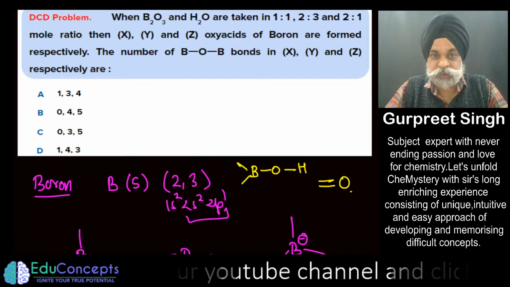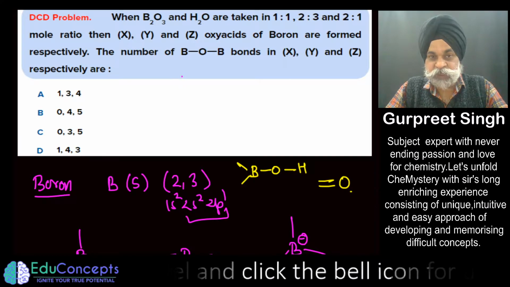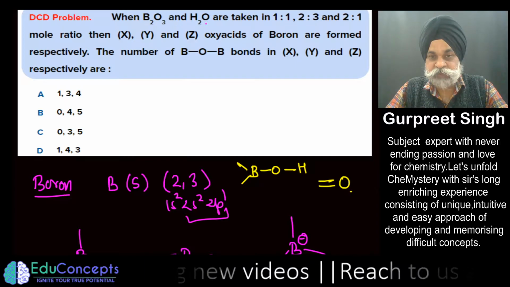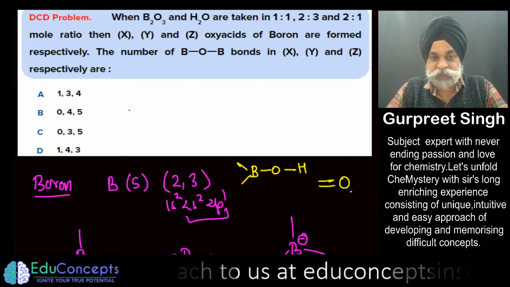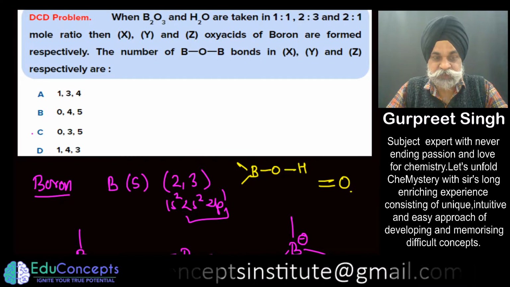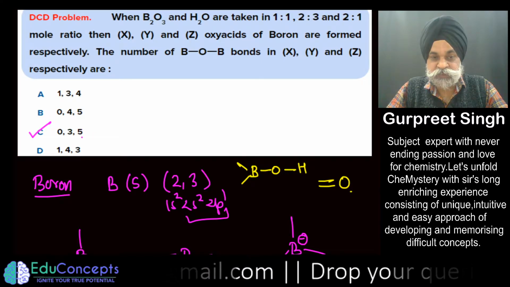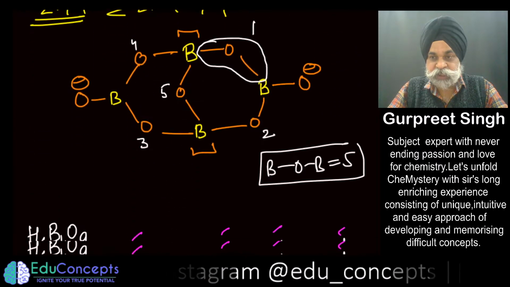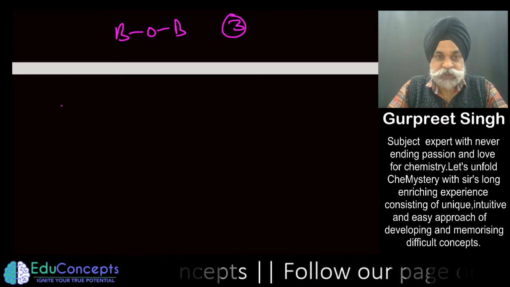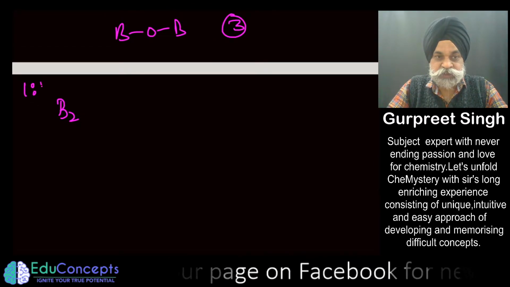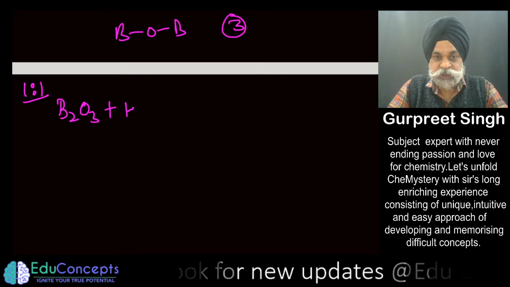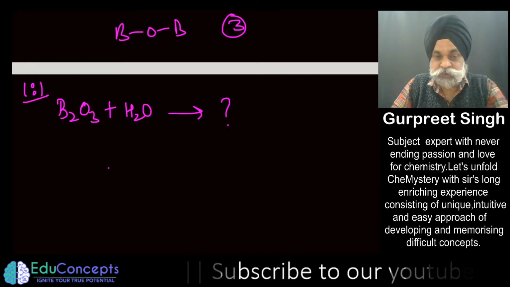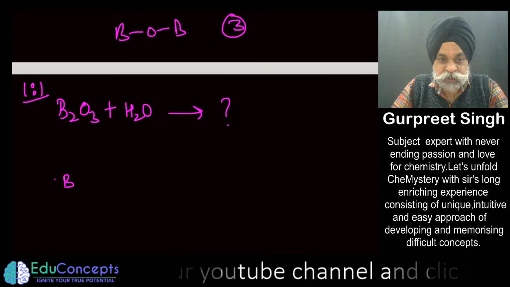So this was the question which was discussed in the last video, for which I shall now be passing you the mechanistic viewpoint of B2O3 when put into water. In the last video, we found the answer to this question, which came out to be this. Now the mechanistic viewpoint: if B2O3 and water are in a 1 to 1 ratio, how do you get to know the product of this reaction through the mechanism? So B2O3 is this compound.